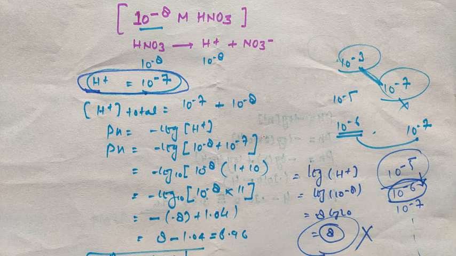So this is the last part of this equilibrium unit, because only a few lectures remain, and we will conclude it with the solubility product. So do more problems related to pH: pH, common ion effect, Ostwald dilution law, and the equilibrium constant. So till then, thank you and have a nice day.